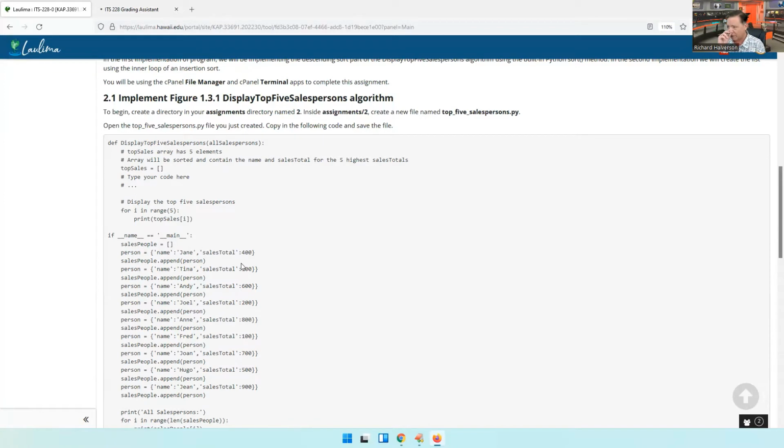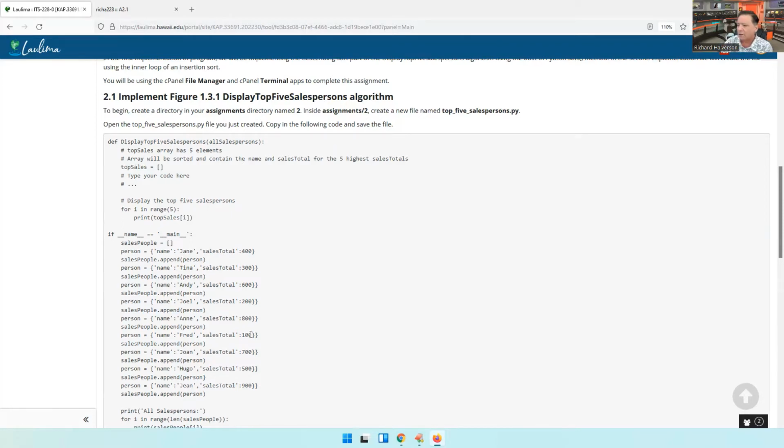You pass it a bunch of salespeople. In fact, you fill up this dictionary with all the salespeople that you have, and each entry has a name and a sales total field. So here we're loading up a dictionary with a bunch of names and a bunch of sales totals,